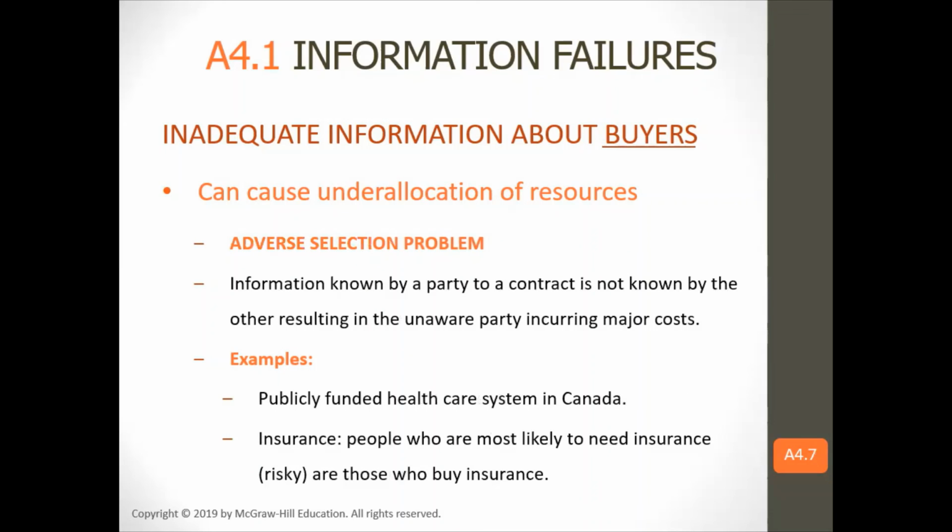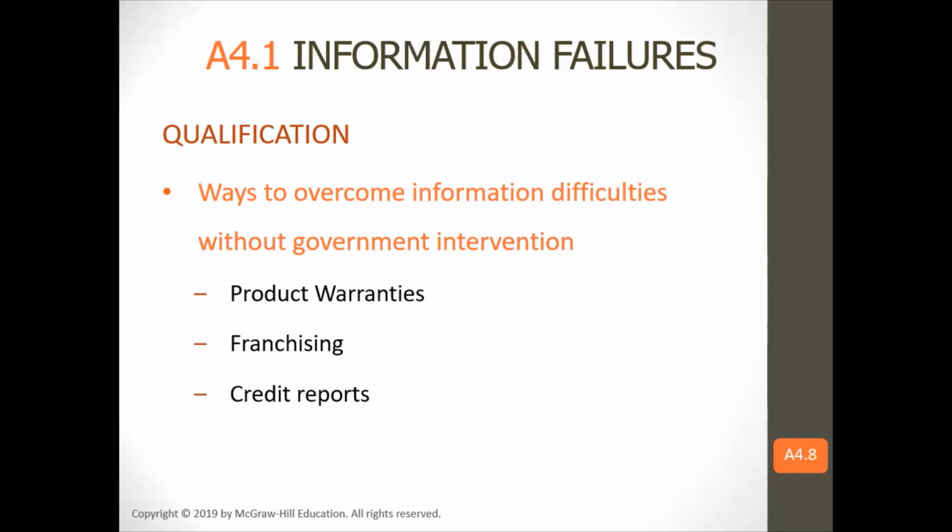And adverse selection is when information known by one party to a contract is not known by the other, resulting in the unaware party incurring major costs. With insurance, the people who are most likely to need insurance, the riskier ones, are those who buy insurance. Ways to overcome information difficulties without government intervention include franchising, credit reports, and